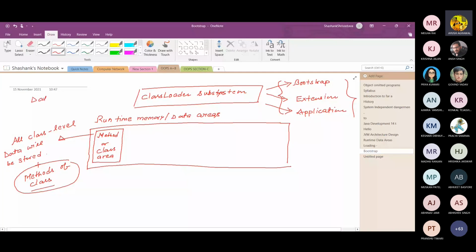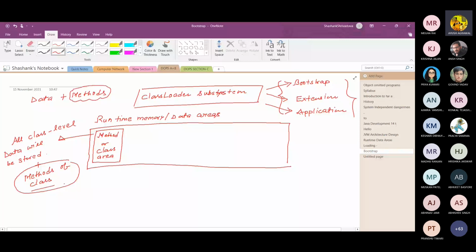The methods part, the methods of the class, is stored in the method or class area, and this is a shared resource.